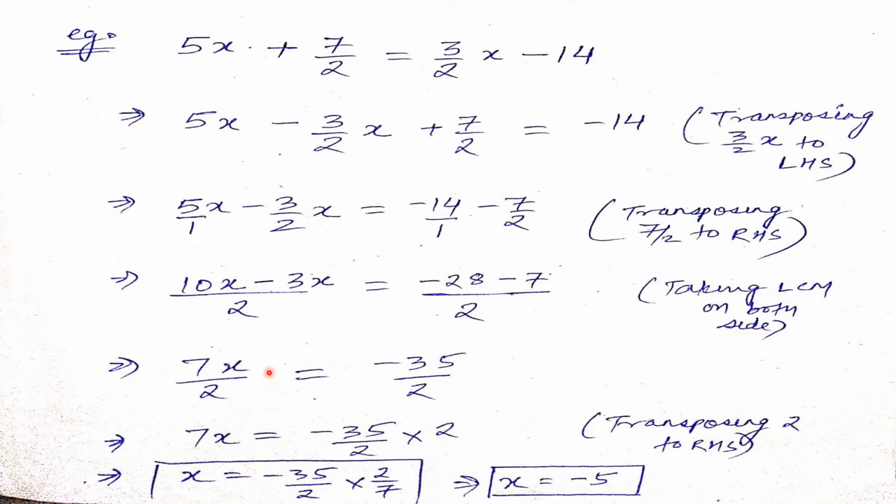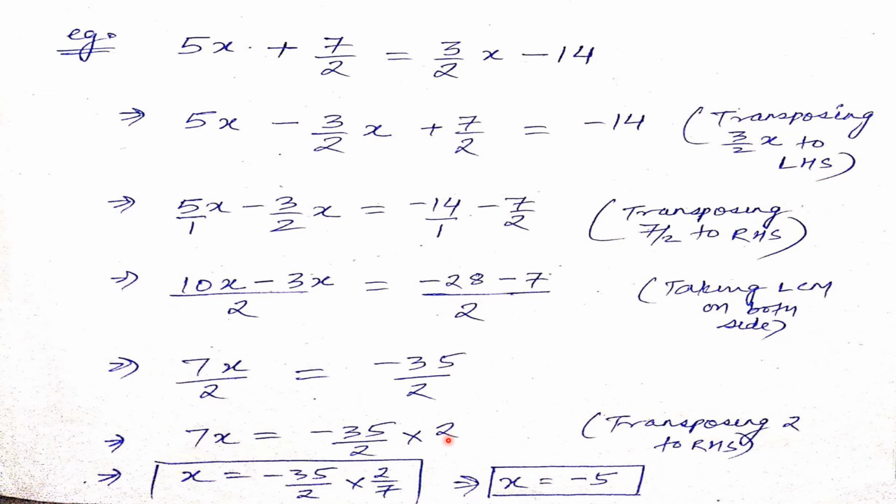Now the last work is to isolate the x. To isolate it, we have to remove 7 upon 2. You can take it directly, that is this 2 will come in the numerator and 7 will come in the denominator. But I am doing it step by step, but there is no issue, you can do it directly also. So in the next step, first of all, I am transposing this 2 which is in the denominator. If you observe, it is in division. As it is in division, it will go here and come in multiplication.